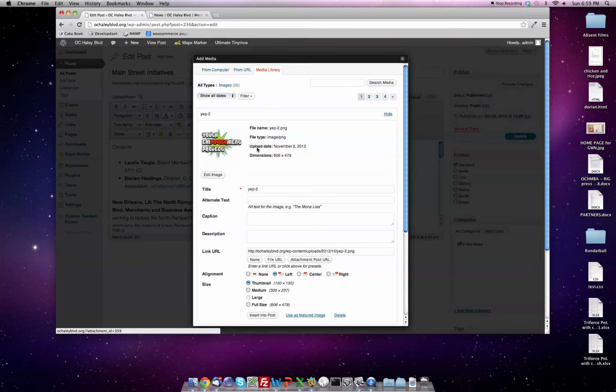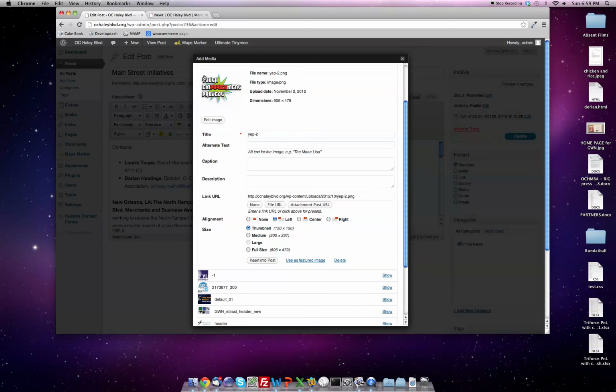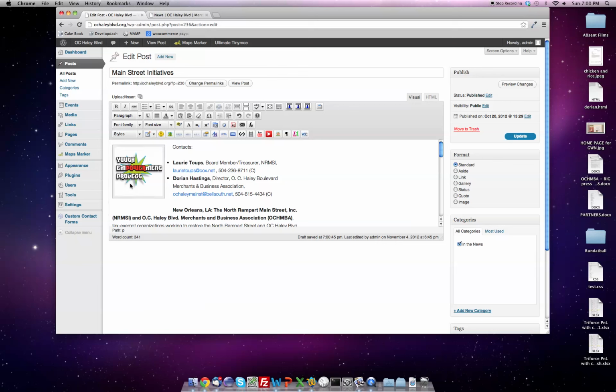So if I wanted to insert this particular image into my post, I can title it if I like. I can link it somewhere other than the image itself. By default it's linked to itself. I can also align it any way I like. I can also select the size. So if I insert posts using the default options, because I haven't changed anything, see what it'll do is it'll align it to the left side and link it to itself. So if I press update,